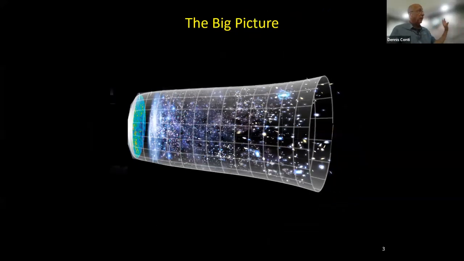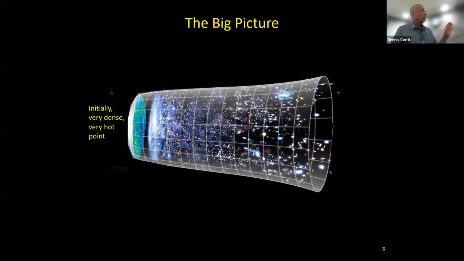This funnel, by the way, is on the far left, the beginning of the universe. This is a picture that you'll see throughout this presentation, but it's also one that you'll see on the web. This was done by NASA. It's a representation on the far left of the beginning of the universe, the so-called Big Bang, and going to the far right, 13.7 billion years to the present. So as far as the big picture,